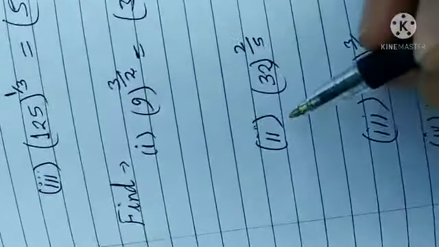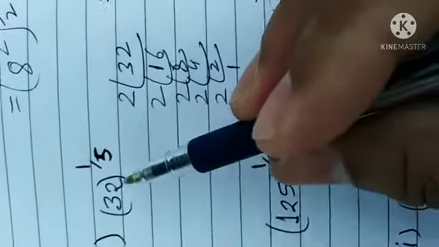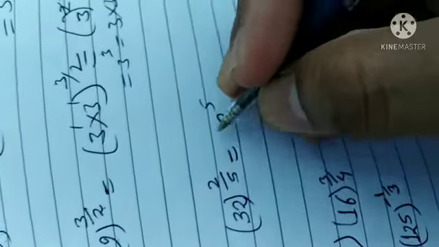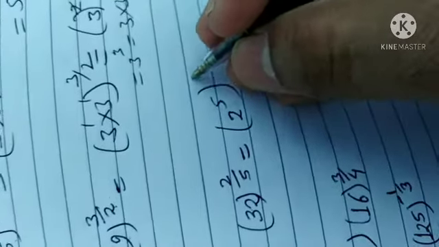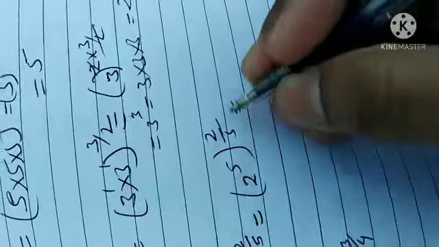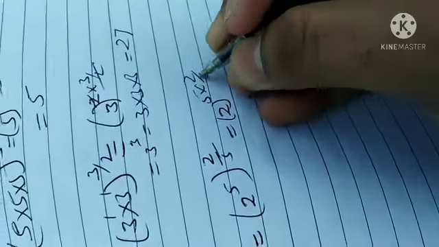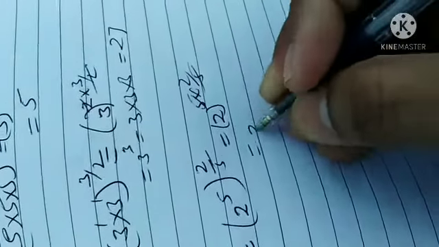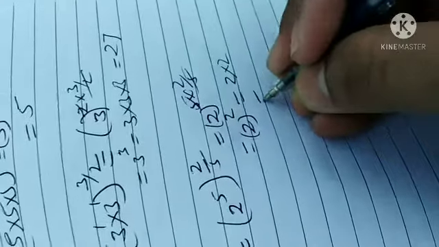That is the answer. Next, the second part is very simple. 32, you have already done here. See 32, if you split it, then it is 2 to the power 5. So directly you can write 2 to the power 5, that is the prime factorization of 32, and this is 2 upon 5. So again you can see, now power of power is multiplied, so 2 to the power 5 multiply 2 upon 5, 5 cancels, so what is left here? 2 to the power 2, and 2 to the power 2 means 2 into 2, the final answer is 4. So this is very easy, we have done.